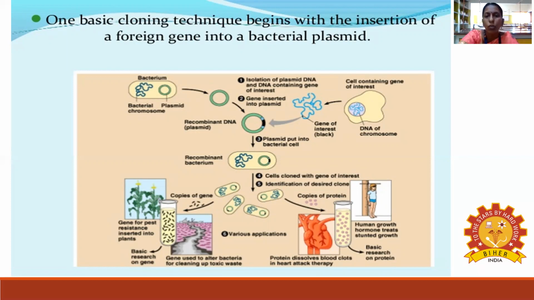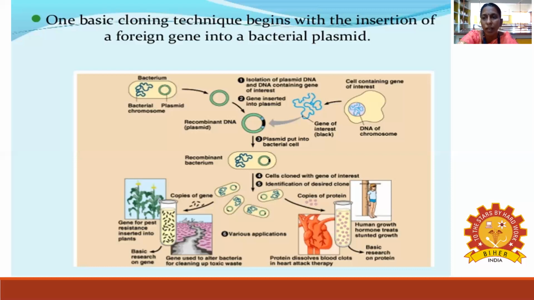After that, you insert it, which is called transformation. So the cells clone the gene of interest, we have to insert it into the host. In the host, the multiplication of the desired DNA, whichever gene you want, is carried out in multiple copies. From the host, you do the screening methods. They use the method to identify whether the recombinant product is present or not.